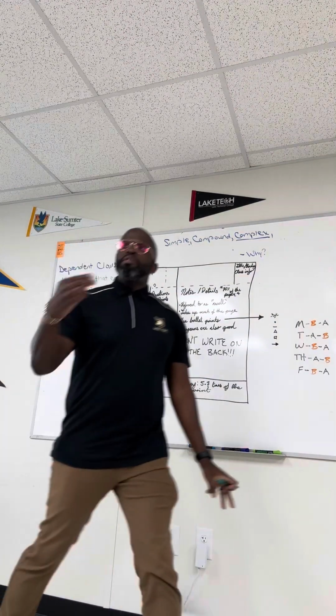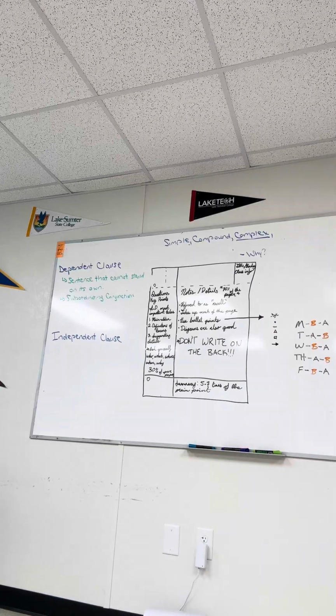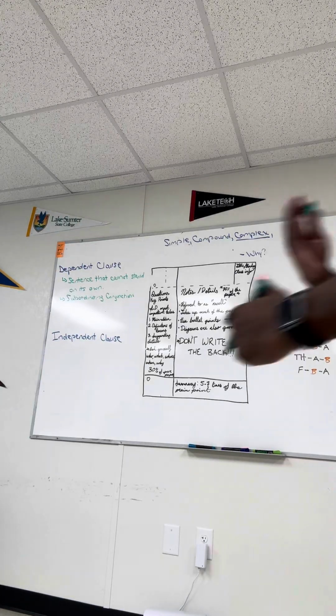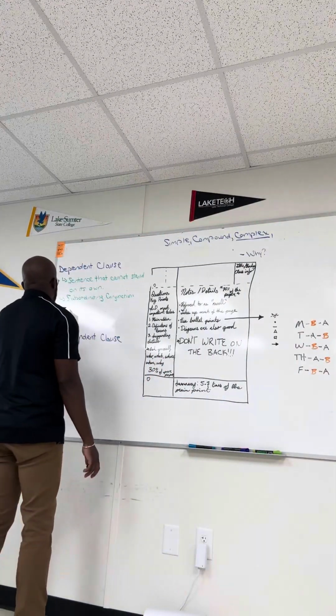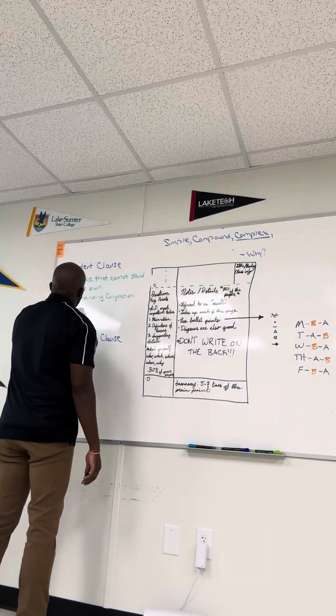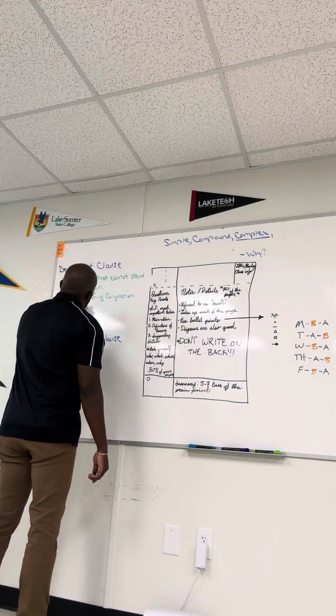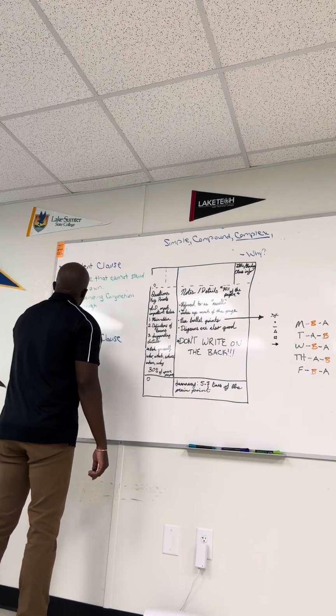And your subordinating conjunction is going to show some type of relationship, right? But it's going to begin with words like although, before,